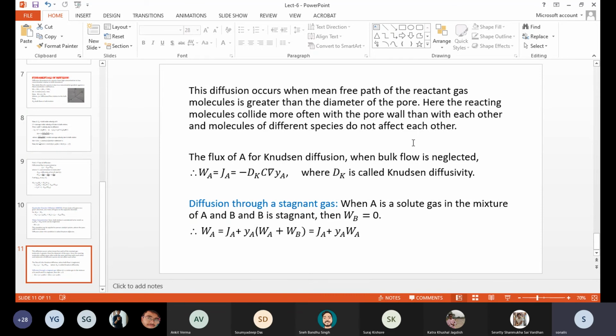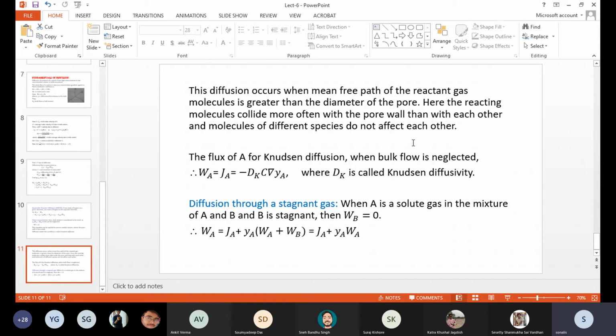The diameter of the pore is so thin that, due to Brownian motion, the gas molecules are always going from one place to another. That pathway of Brownian motion is called the mean free path. If the mean free path is longer than the diameter of the pore, what happens? The molecules will impinge or collide on the surface of the pore more often